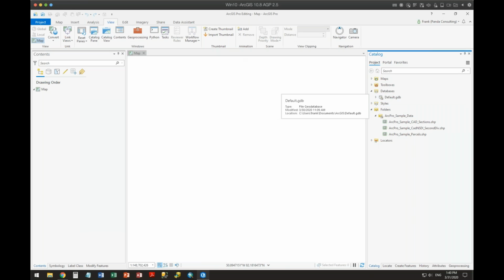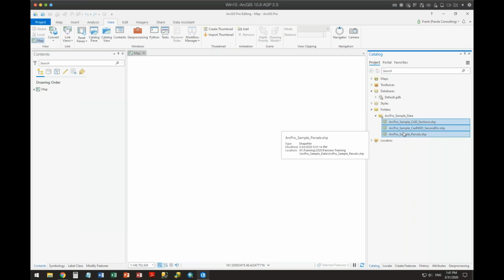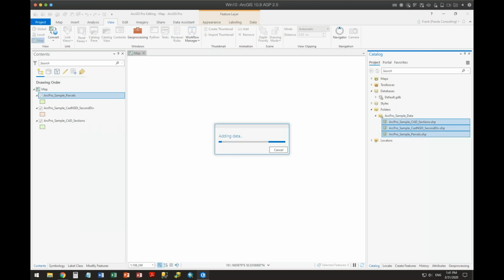So when you create a new project with a map in it, it creates a folder connection, and it creates a default GDB. If I wish to take these three, I can select them from Catalog and drag them, or I can right click and add them to my current map document.